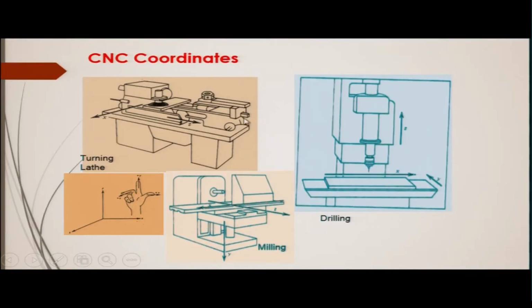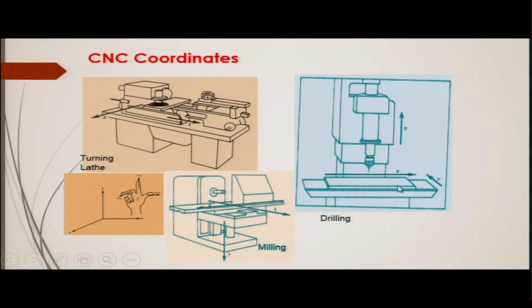Well, again I am telling you that for the lathe, this is the coordinate x, and this is the coordinate z. Similarly, in case of milling, this is z. Z is in the cross slide direction and x is in the feed direction, that is the direction of the feed velocity, and y is vertically located with respect to the spindle if it is horizontal milling. Well, in case of drilling, it is x in this direction, y in the cross slide direction and z